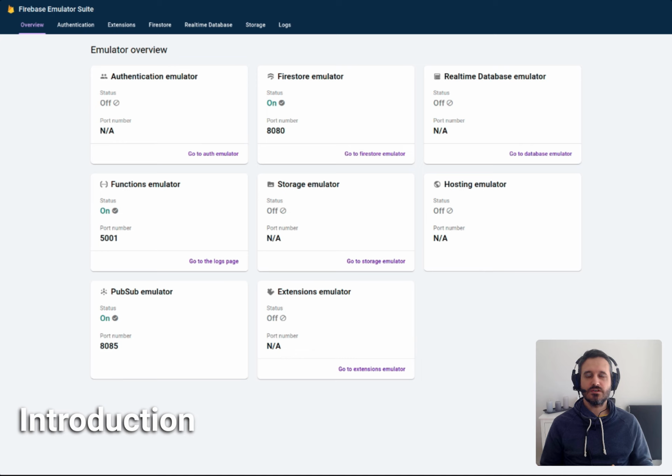We can use the Firestore Emulator, which is the database that Flowflow is using. We can use the real-time database as well, but this database is not used. But I'm just saying that you can use it if you want to. And we'll use the functions emulator, so you can actually